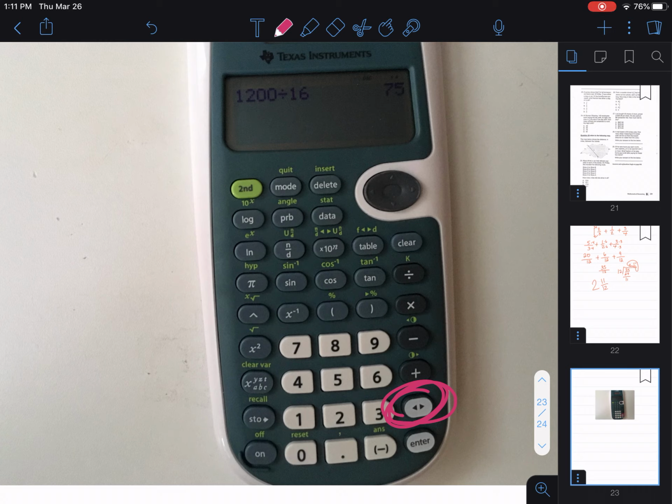So for instance, if this were like 0.75 and I wanted to get the fraction part of it, I'd do 0.75 and then I'd hit enter. Then after I hit enter, I'd hit side by side, and it would give me the fraction equivalent, which is 3/4. Now if the opposite were the case, and it was 3/4, I would hit 3/4, enter. After I hit enter, I'd hit the side to side button